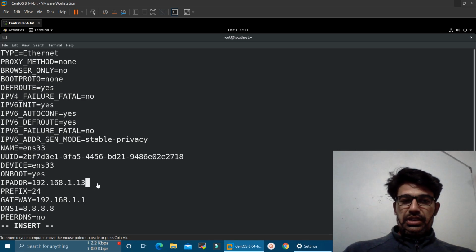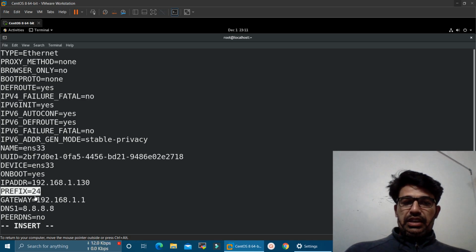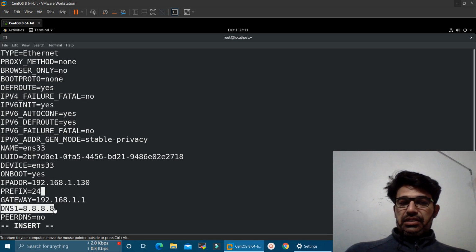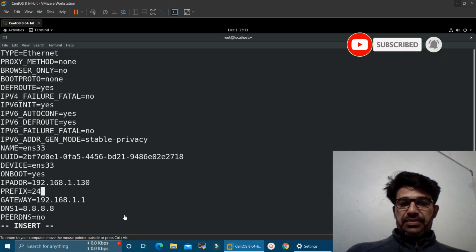Let us suppose I want to set 192.168.1.130. Then for the subnet mask, in the next line we can mention PREFIX equal to 24, and after that we can specify the gateway, and we can also specify the DNS. Here we can specify up to 2 DNS in this file. After that we can save this file,